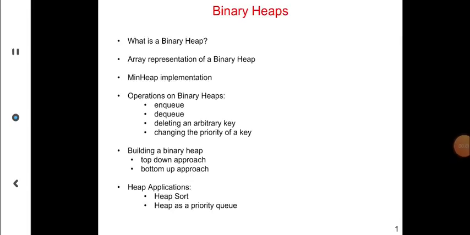Let us talk about binary heap. Heap is a very specialized data structure and it has tremendous application. So when we learn binary tree, binary heap is also very interesting, and in this discussion we want to see